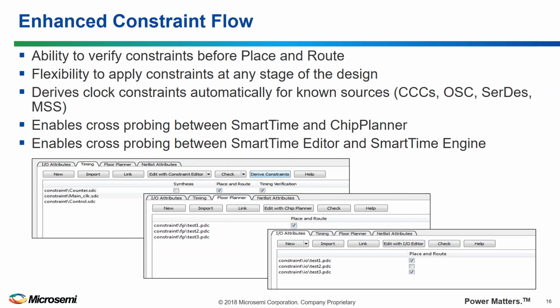For the IOs and the floor planning, those would be for place and route. For timing constraints, we can create timing constraints for synthesis, for place and route, and for timing